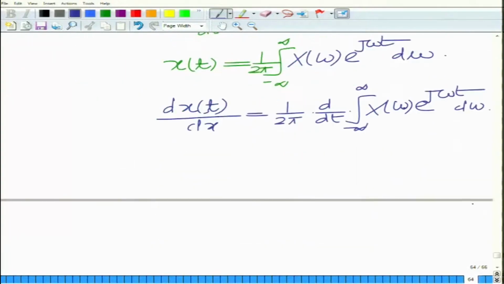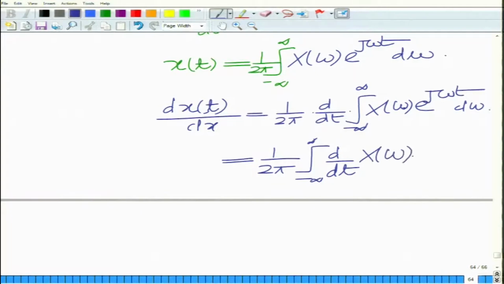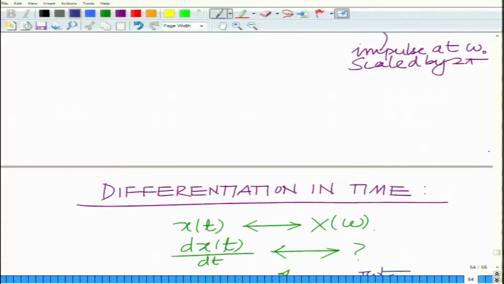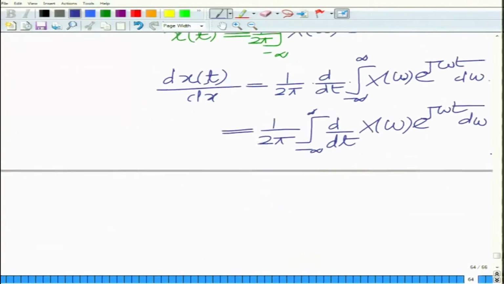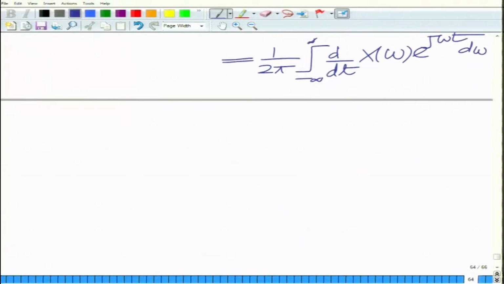Now, interchanging the order, moving the differentiation inside the integral, we have the integral from minus infinity to infinity of d/dt of X(omega) e raised to j omega t d omega,